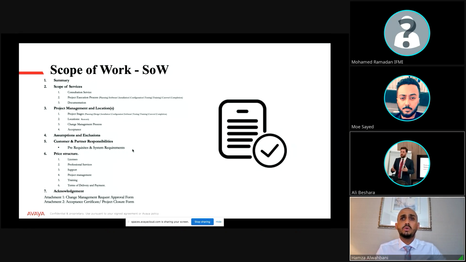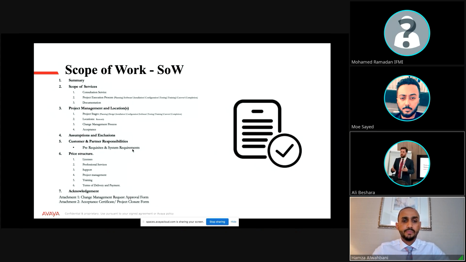Customer will say, no, that's your responsibility. Avaya will say, no, partner, that's your responsibility. Where is the server? Why did you bring server 8? I told you to bring the server of the memory. The hard disk is 150. Why is it 100? This kind of conflict will arise if we don't have this scope of work for every single Centrum application. This is a very important file we should share, like the other files with the questionnaire as well.